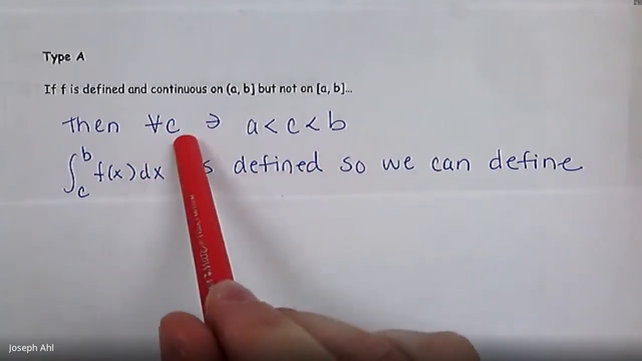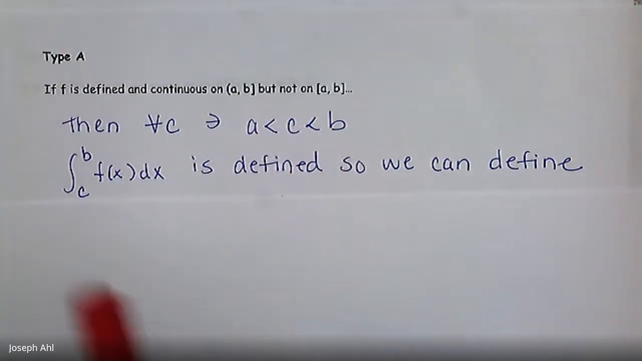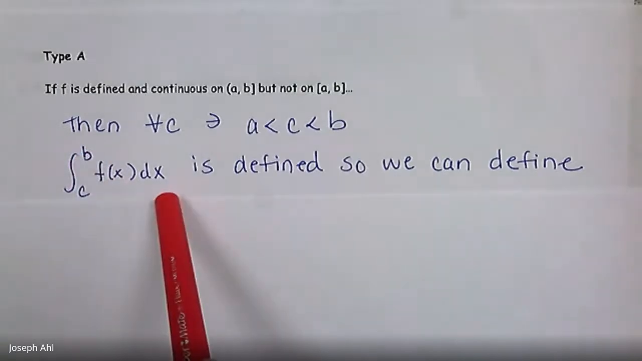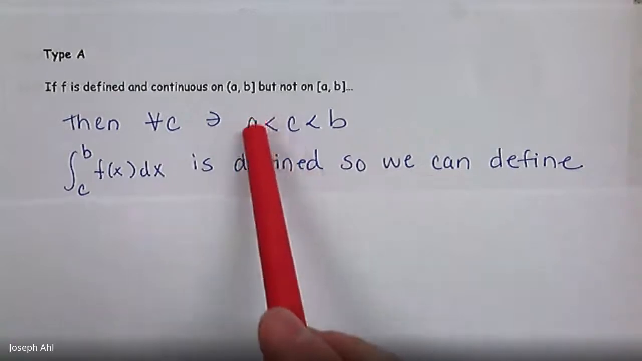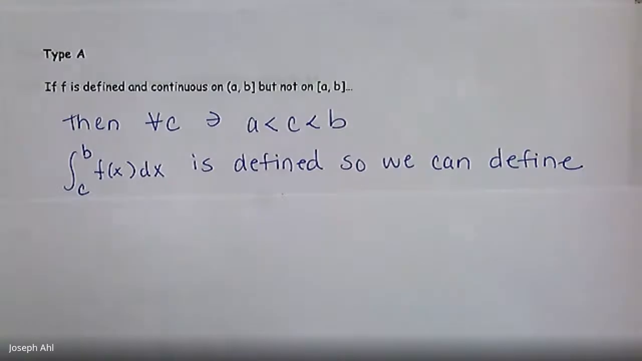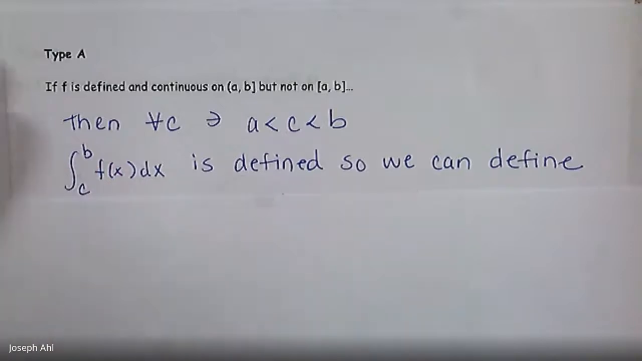If we define some value c that's somewhere in between a and b, then we can write the integral from c to b of f of x, such that we can then define this integral from a to b. So you'll see what I mean by that in a second. I'm just trying to give you guys enough time to get this all copied down here. Okay, so the integral from c to b is going to be defined so that we can define the integral